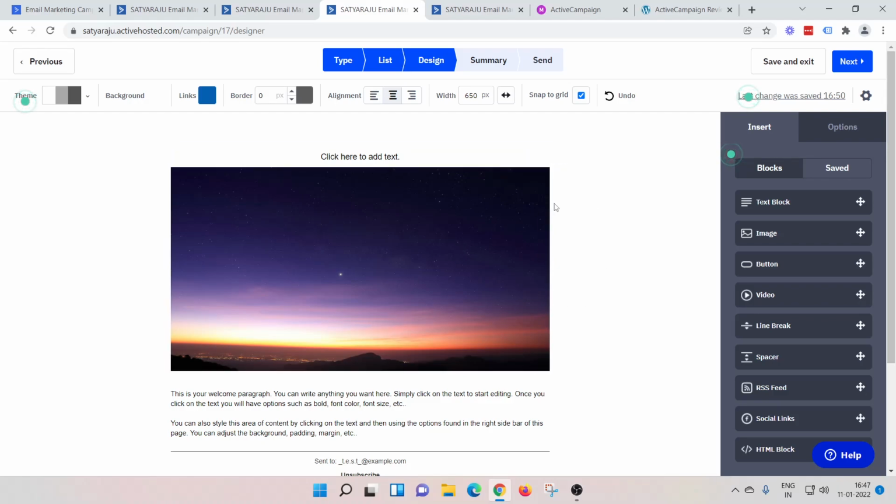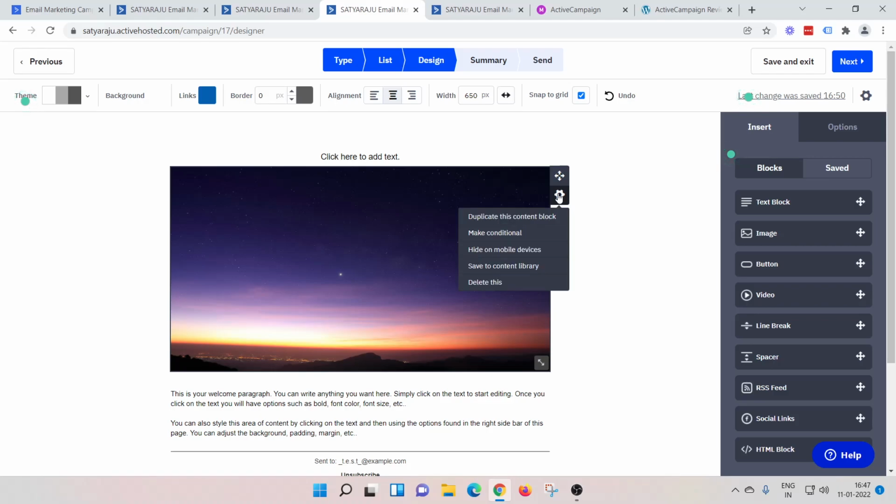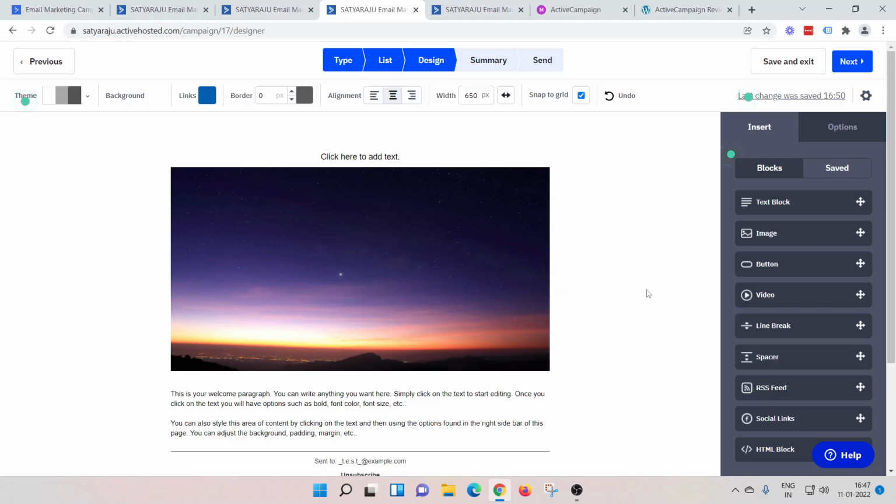I mean, they can see that block only if they have that particular tag. Isn't that amazing? So this way you can have a personalized offer for particular people. Even though you are sending the email to an entire list, you can have blocks visible only to people who have that specific tag, or any other condition. You can also hide a particular block on mobile devices.